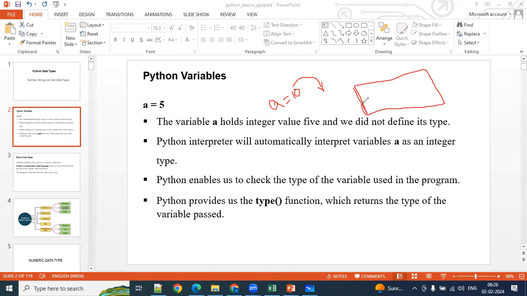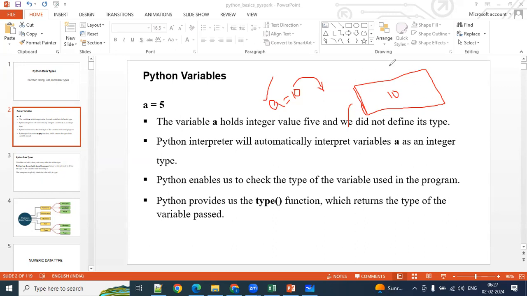But how do I call this particular value from the memory? This is the memory location, and 10 is stored here. I don't know the address of this memory location, right? To point to that address, we allocate a name to it. That is A.